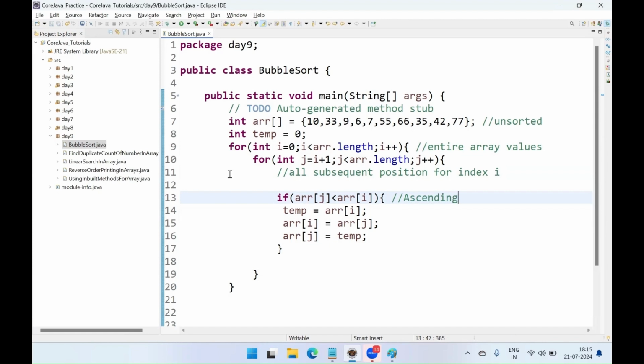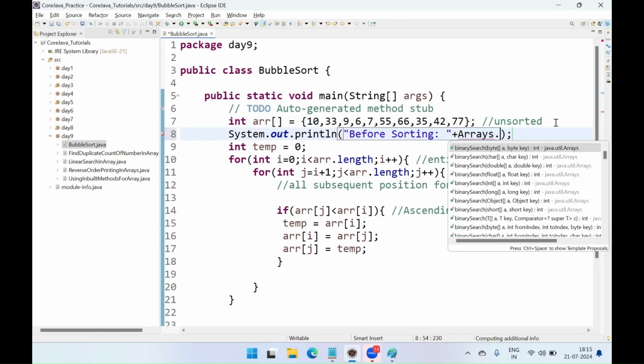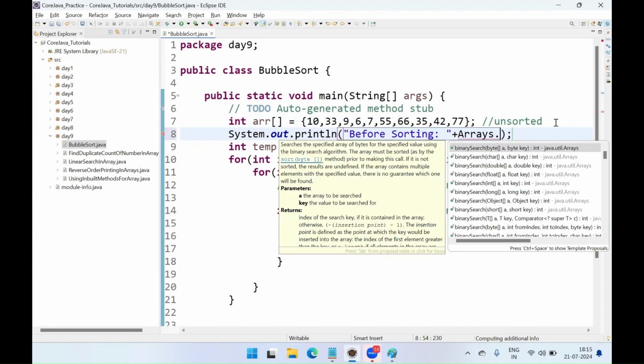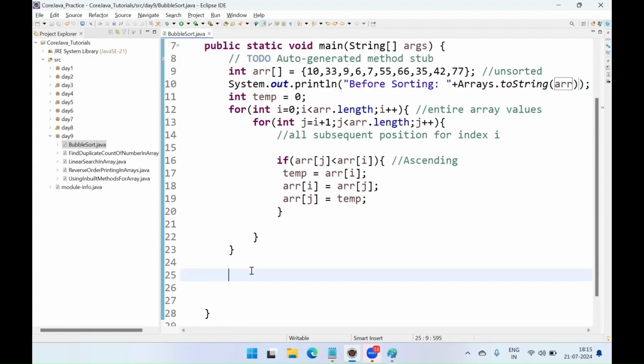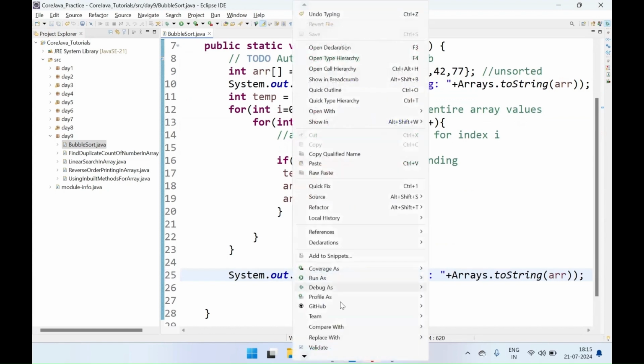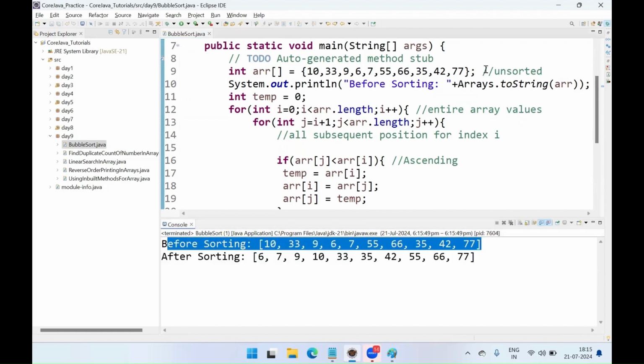First of all, let me execute this. I have taken an initial value, and I am going to print it on the console. So before sorting, Arrays.toString(arr). Now the same statement I am going to write after the sorting happens. So after sorting. Run as Java application. You see the before sorting, whatever array I have taken, that is the unsorted array,